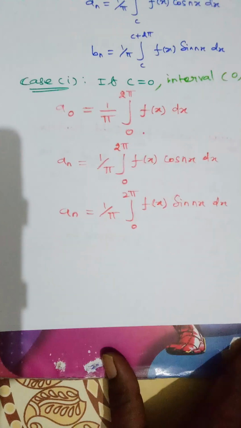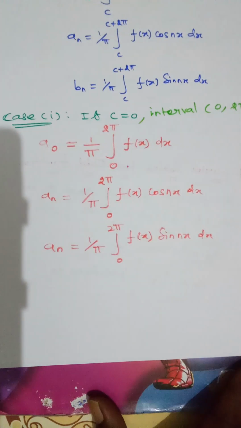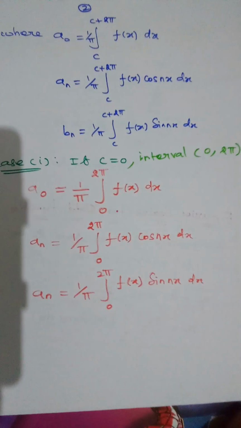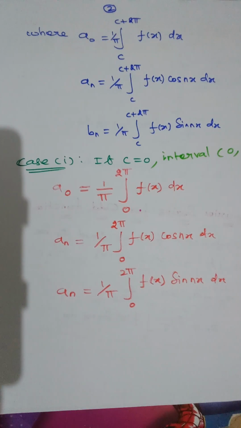Next one, for a naught, this is very important: a naught is equal to 1 by pi integral from c to c plus 2 pi f of x dx, and a n is equal to 1 by pi integral from c to c plus 2 pi f of x cos nx dx, and b n is equal to 1 by pi integral from c to c plus 2 pi f of x sin nx dx. Case 1 or type 1, if c is equal to 0,